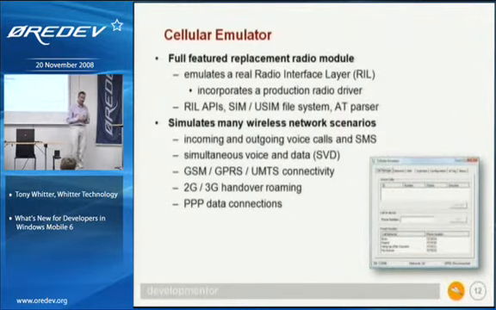And this provides the ability to bolt onto the device emulator you saw in that last demonstration to a real radio stack. And this actually emulates what we call the radio interface layer, or RIL. And this allows us to simulate all the